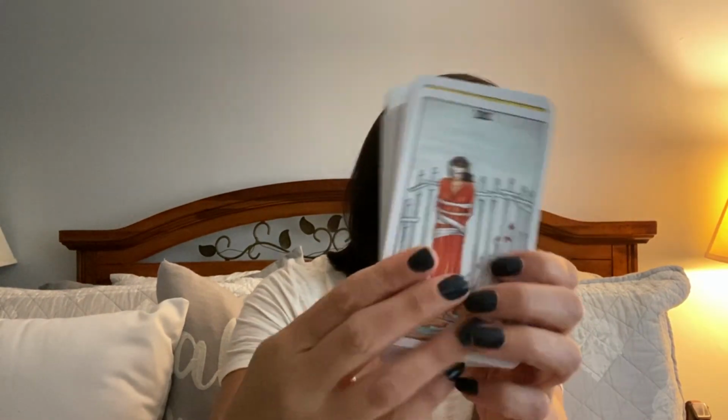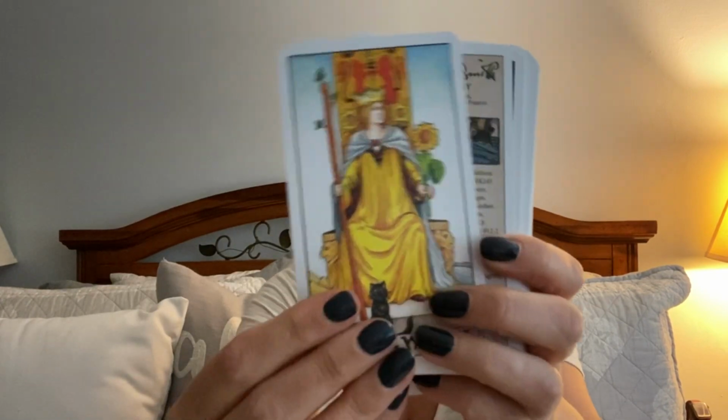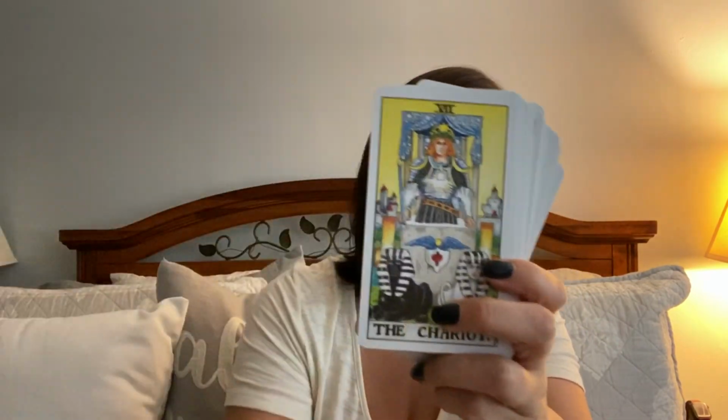good old trusty Universal Waite deck. This is the first deck I ever had. This is my second copy, my backup copy, just because I don't want to ruin my original. But I've been taking this out and just pulling cards, like 3 card spreads and 9 card spreads, and oh, we got the title card in here. And just using it,